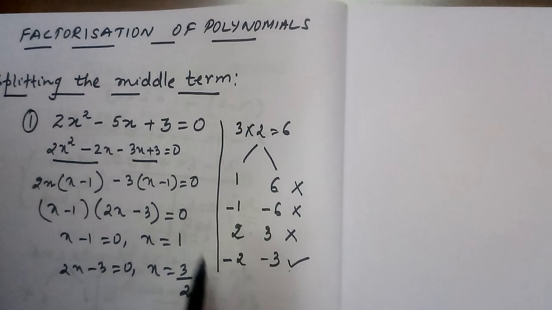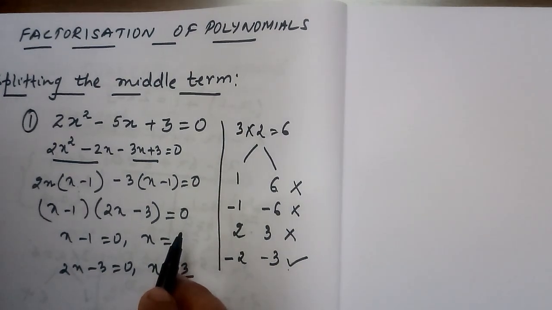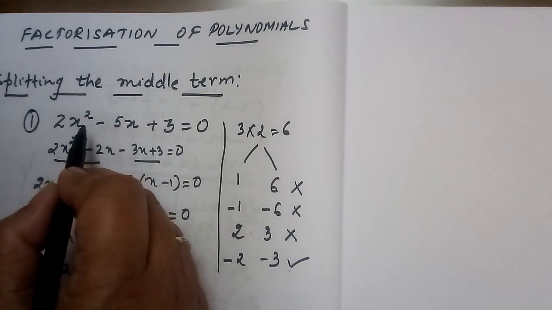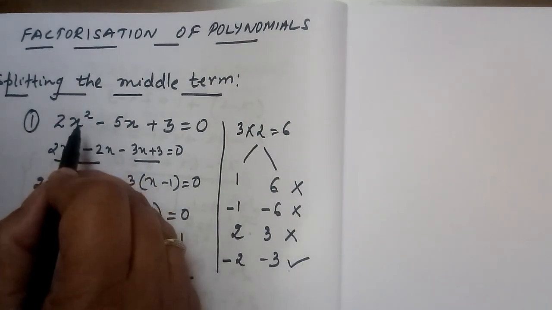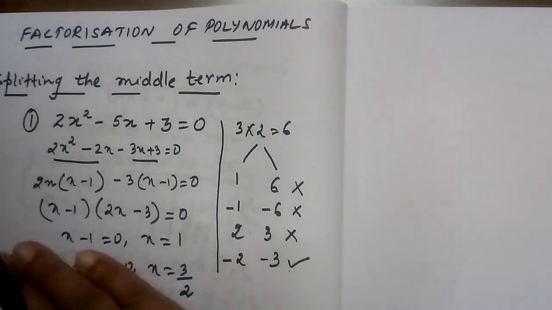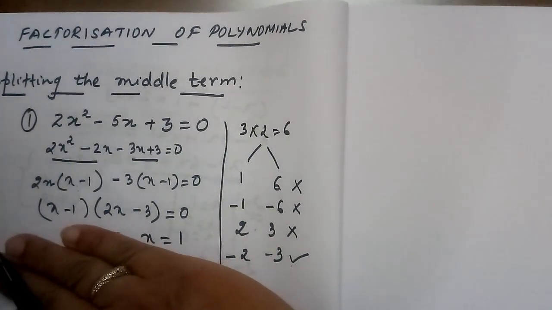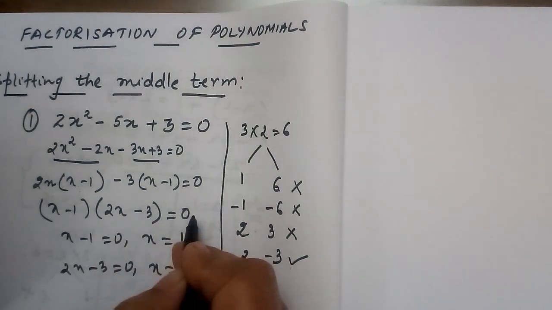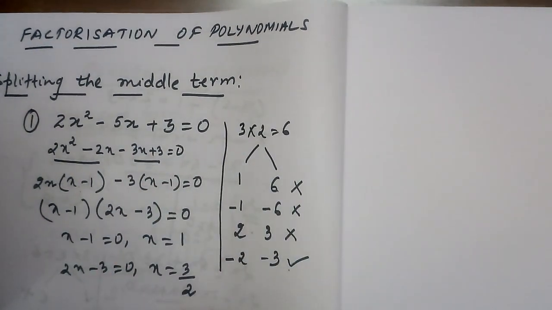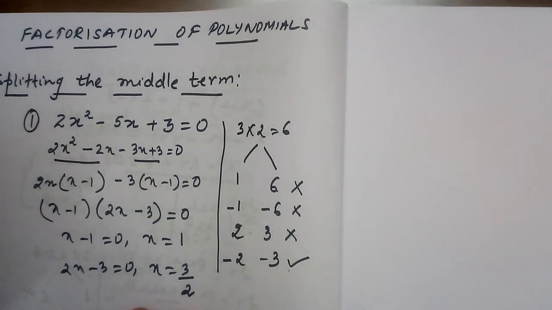Now this is the first part of solving this, where you have to find the factors or factorize a degree 2 polynomial. If the question just says factorize, you will leave it till this step. That means where you have found out two factors, you will leave it till here. But if it further says find the zeros, then you find these zeros or the roots of this polynomial.